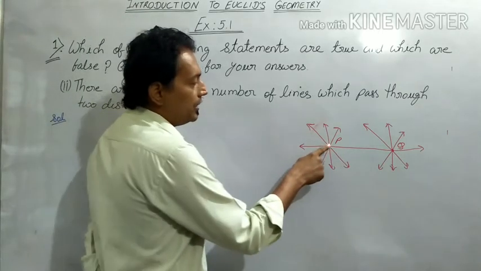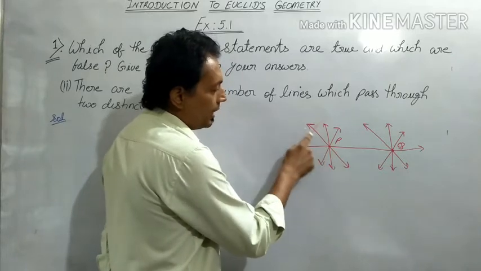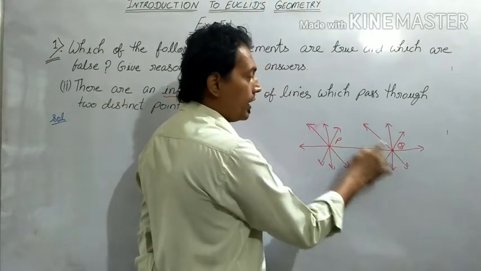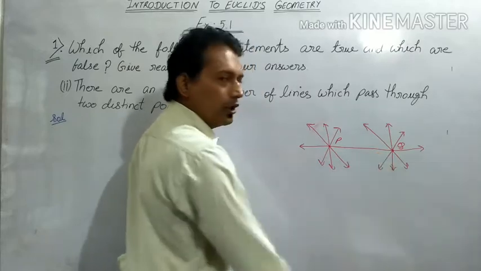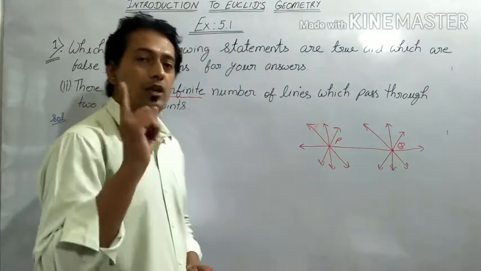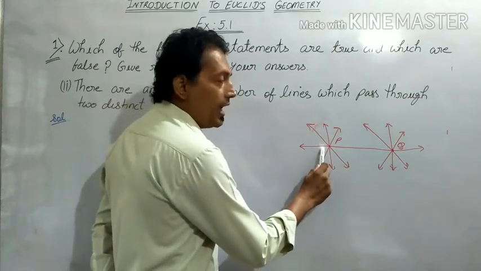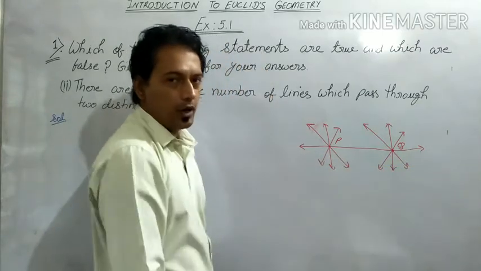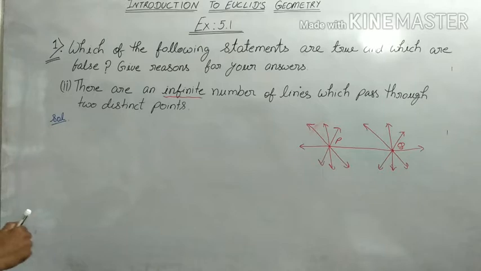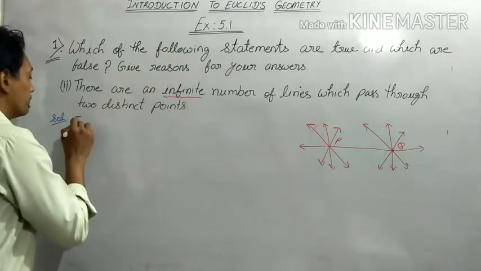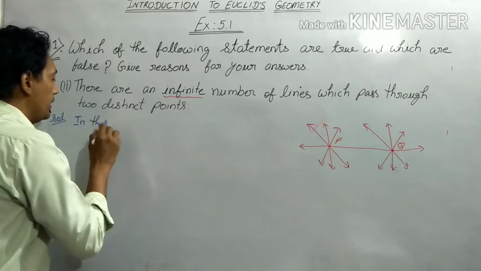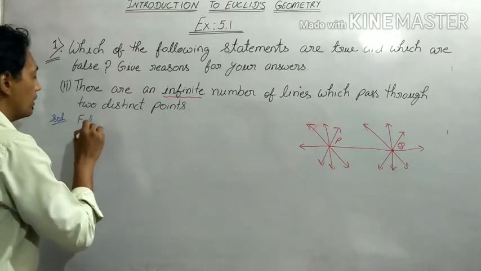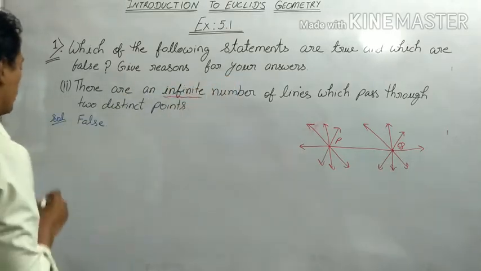Now see students, if we check this point P, there are many straight lines passing through this point P. If we check point Q, then again there are many straight lines which are passing through point Q. But students, there is one and only one line which is passing through point P as well as Q. Okay, there is only one single line which is passing through both the points. Okay, so in this case, how do we write the answer? Now this statement is actually wrong. This statement is false. So we say false. So we need to give the reason also. Okay, so